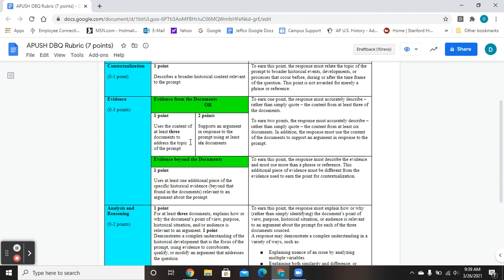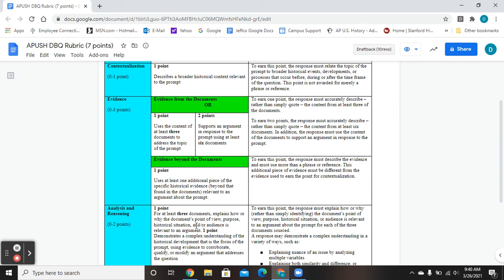Number 3, you should be able, in your sleep, to get 2 points, right? You've got the documents. Don't quote them, paraphrase them, use them to support your prompt and thesis. The third point should be, again, fairly simple. You're just adding in outside evidence that's not included specifically in that document. And then it should be pretty easy to get at least one of the analysis points here by doing CAPP on at least 3 of the documents, right? If you just follow the formula here,